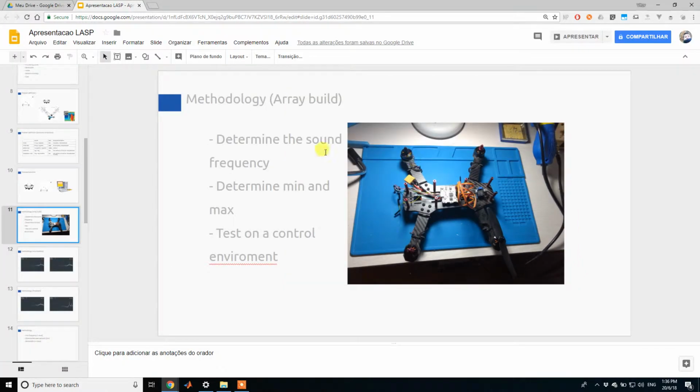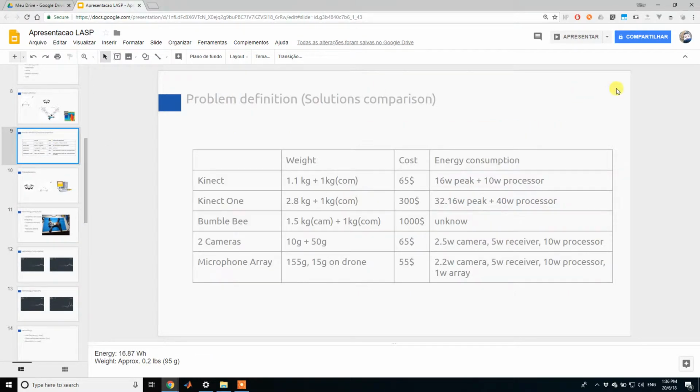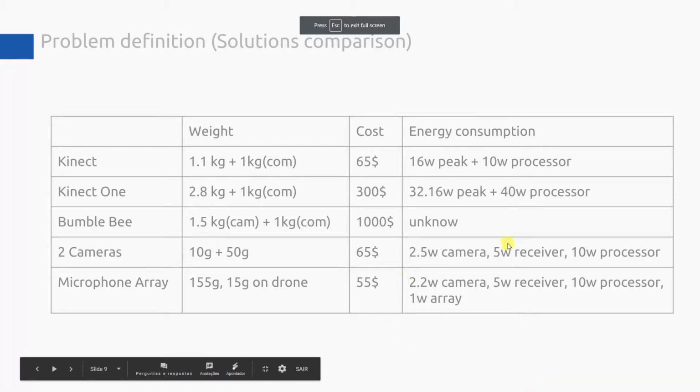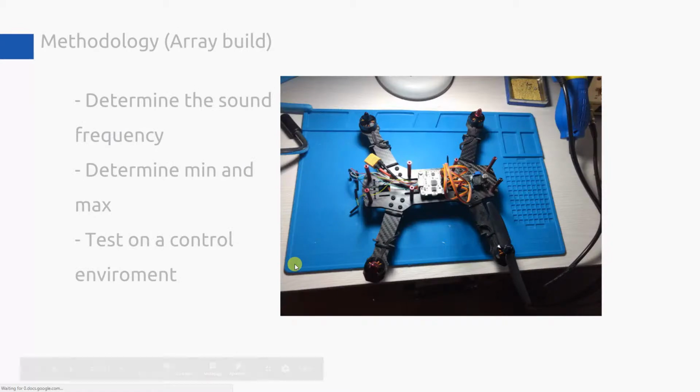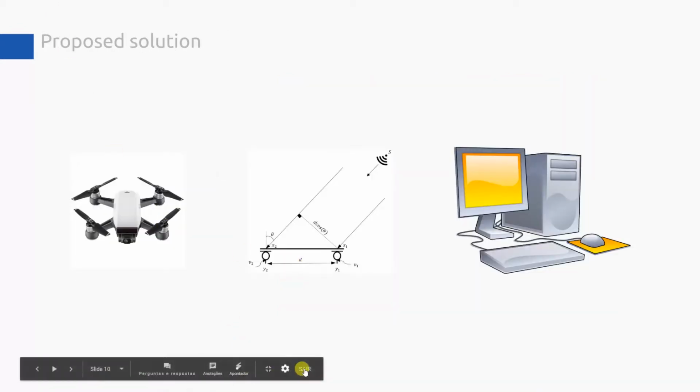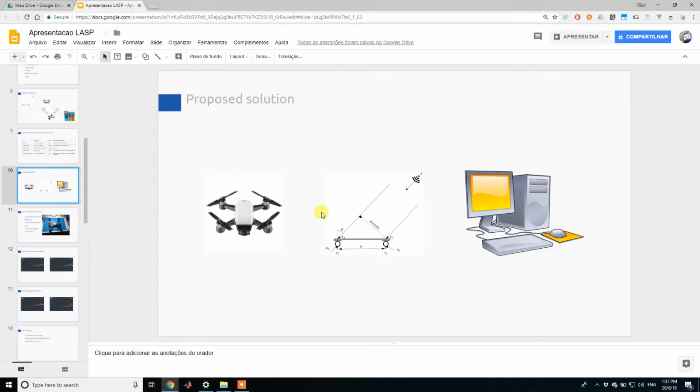After that, you finish the problem definition. So with the problem definition finished, you can start to talk about the proposed solution. So the proposed solution works by using a drone, a sensor array, and a computer to make the SLAM, the 3D mapping in the